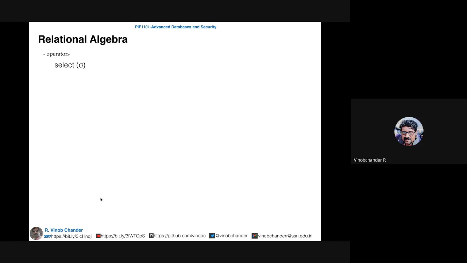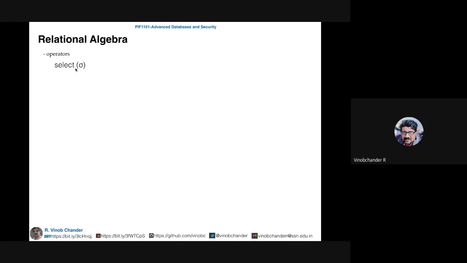So the select operator is denoted using this symbol, the sigma symbol, as you can probably guess. This operator is to select something from a particular relation. Think of a relation like a table. When you make use of a select operator, you select rows from a particular table. As we'll see later, you make use of another kind of operator for selecting the columns. To select the columns, you make use of a projection operator that we'll talk about later. But the select operator is used to select rows from the table.